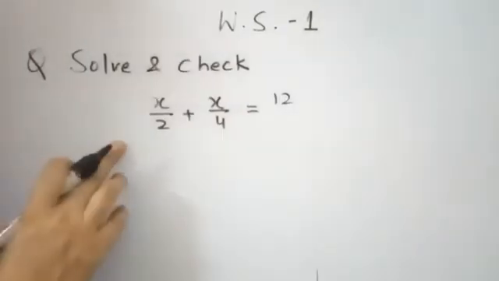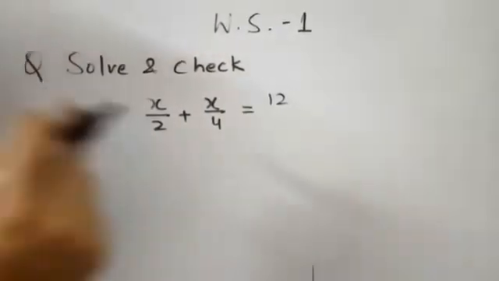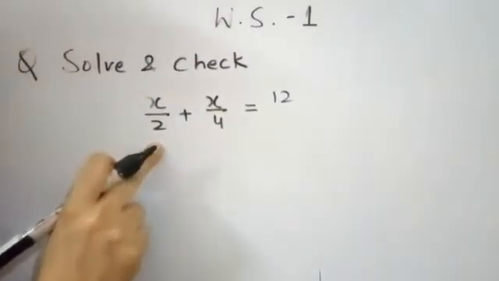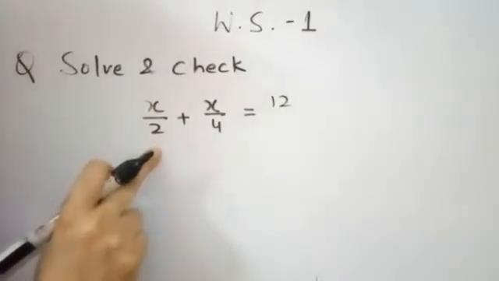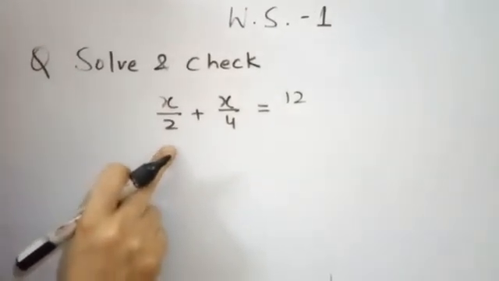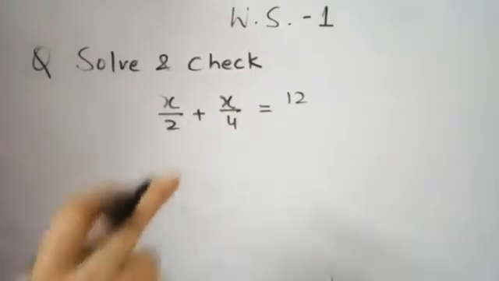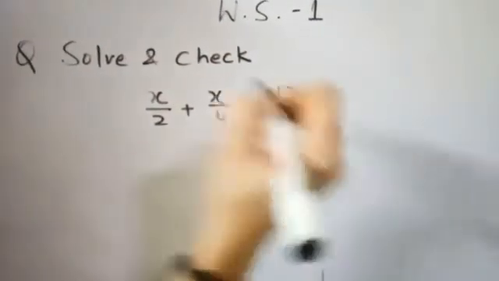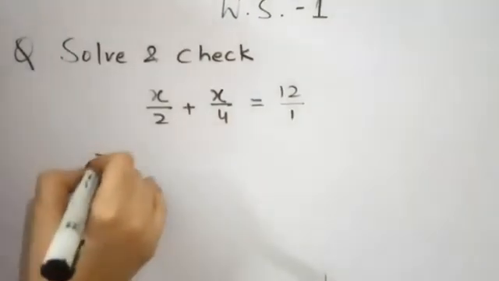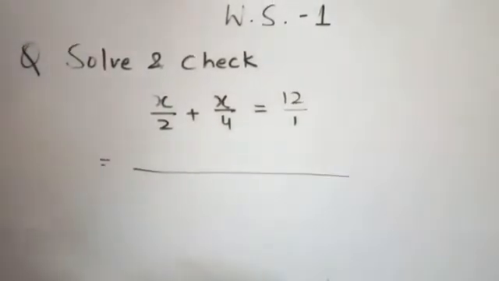Now moving to the next question, again solving, check. Now in LHS we are having two terms which are variables, x by 2 plus x by 4 is equal to 12. Now I am going to tell you one more method. Instead of shifting the term, what you have to do, we'll take firstly the LCM of all the three terms